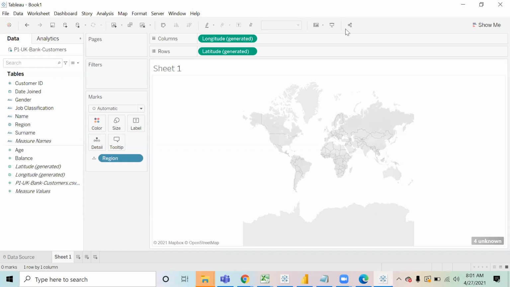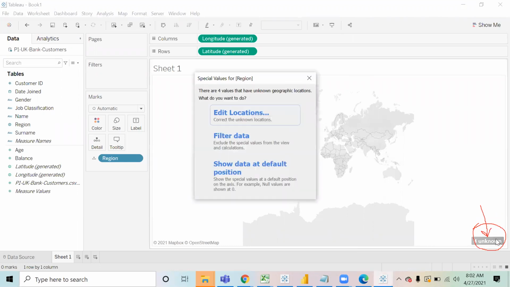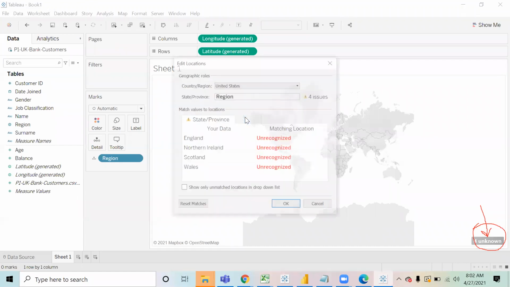Instead, I am getting a message over here, 4 unknown. That means there are 4 locations which Tableau is not able to plot. If you click on 4 unknown, you will get the option to edit the locations. So let's edit that location.